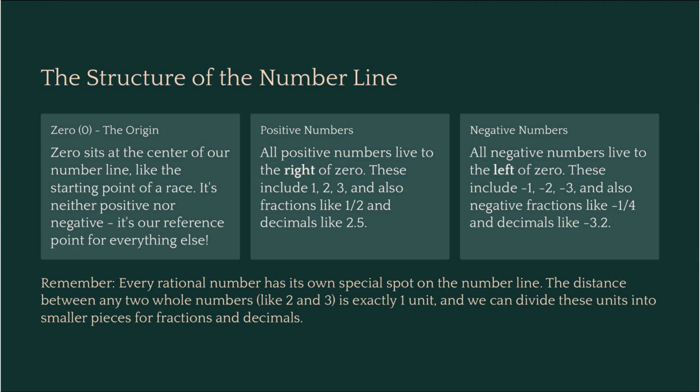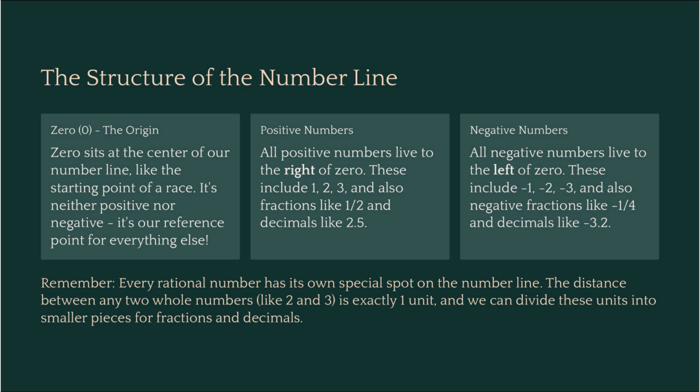Let's quickly review the number line structure. 0 is our starting point. As we move right, the numbers get bigger, and as we move left, the numbers get smaller. All positive numbers are on the right, and all negative numbers are on the left. The beauty of the rational number line is that even fractions like 1/2 and decimals like -1.5 have their own